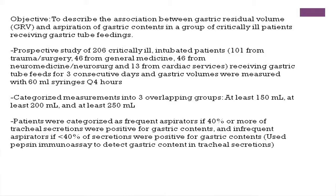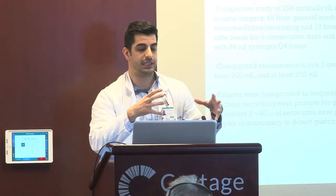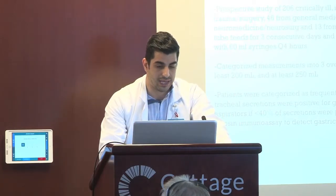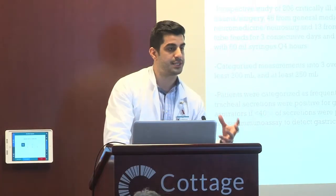And they selected 206 from different services, and who were receiving gastric feedings for 3 consecutive days, and they were measured every 4 hours. And they had 3 different groups that were overlapping. So groups that had at least 150 GRV, groups that had at least 200 and at least 250. Measurements, not groups. And they categorized the patients as either frequent aspirators or infrequent aspirators, and they used a cutoff